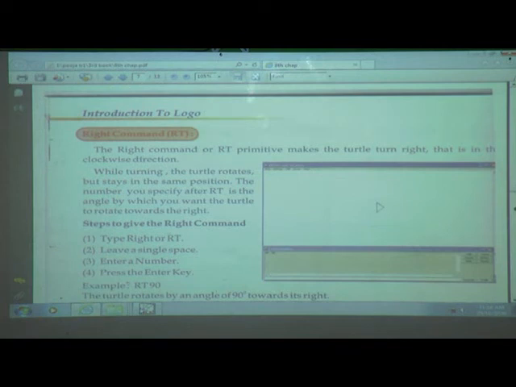The right command, the RT primitive, makes the turtle turn right. The turtle turns to the right, in the clockwise direction.